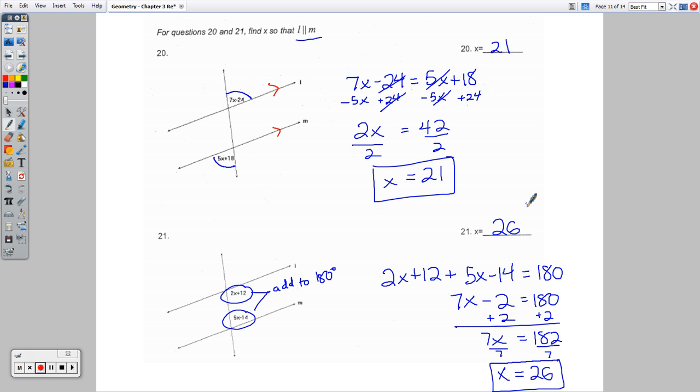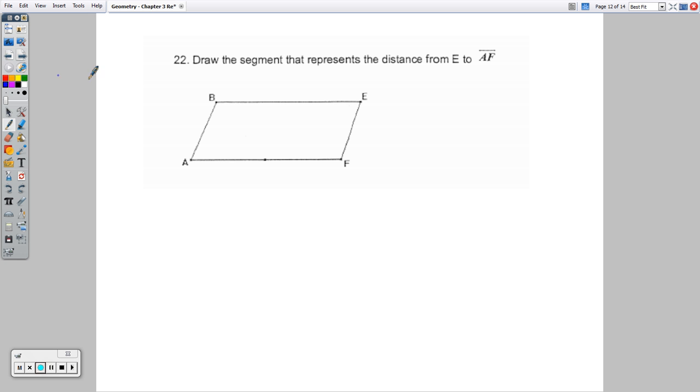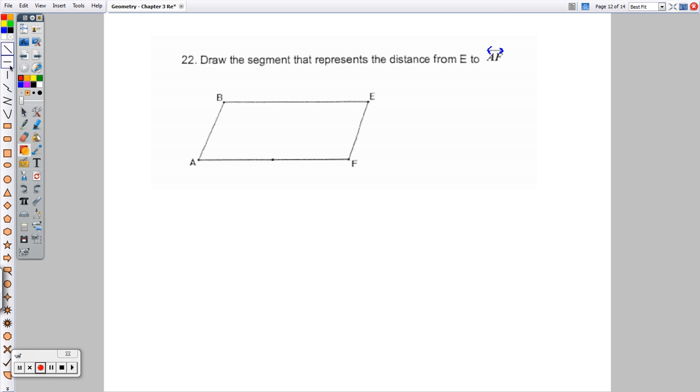Number 22, we are drawing the segment. It looks like here, drawing the segment that represents the distance from E to segment AF. I think that's actually line AF, so there's tiny little arrows there from E to line AF. So for that, I'm going to get out my straight line tool here. I could extend line AF out a little farther. I could bring that out here. I'm saying if this were a line,